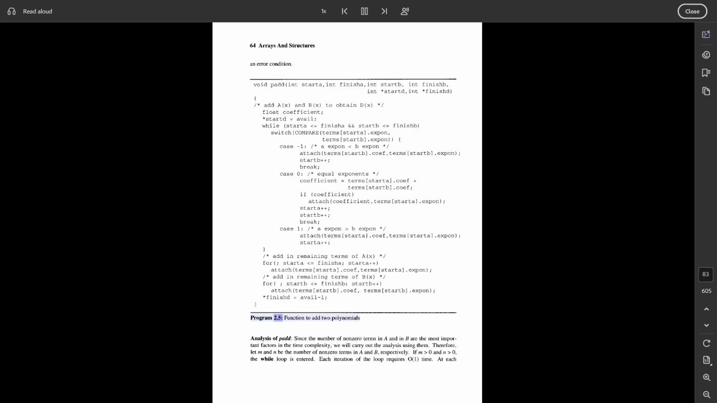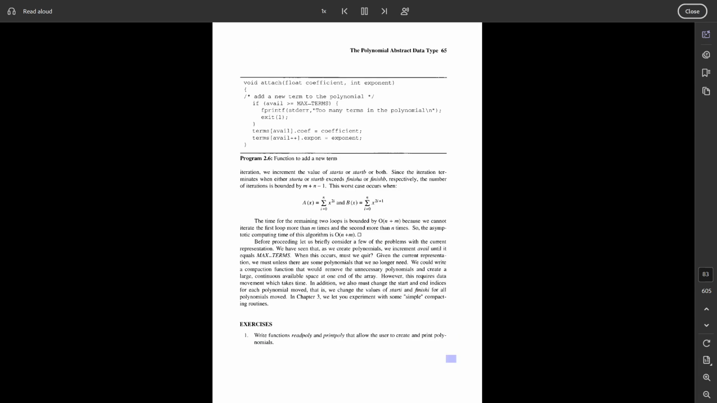Program 2.5: Function to add two polynomials. Analysis of padd: since the numbers of non-zero terms in A and in B are the most important factors in the time complexity, we will carry out the analysis using them. Therefore, let m and n be the number of non-zero terms in A and B, respectively. If m > 0 and n > 0, the while loop is entered. Each iteration of the loop requires O(1) time. At each